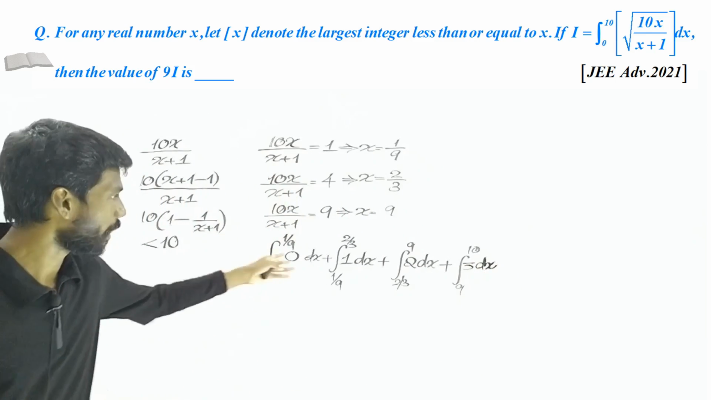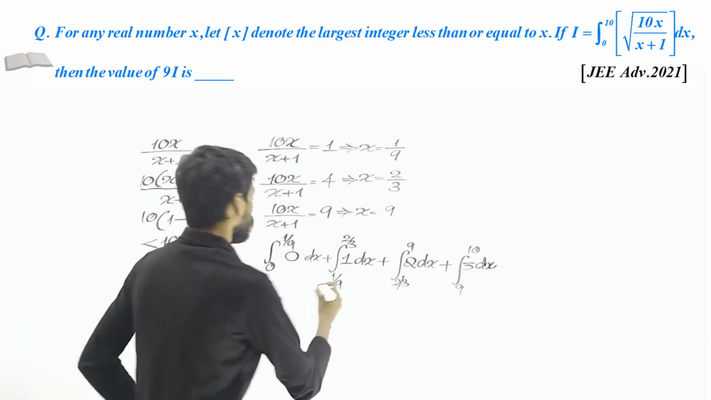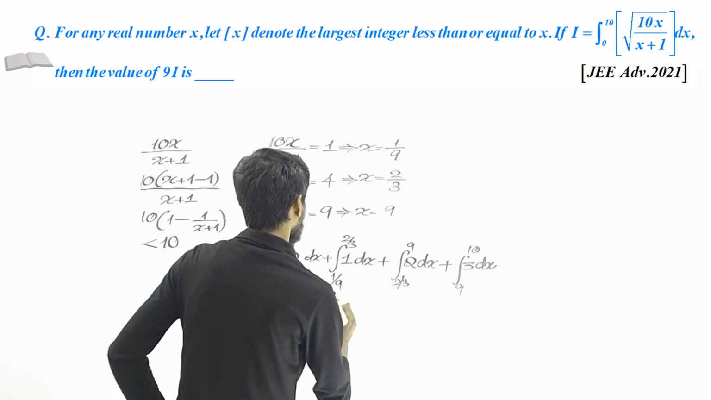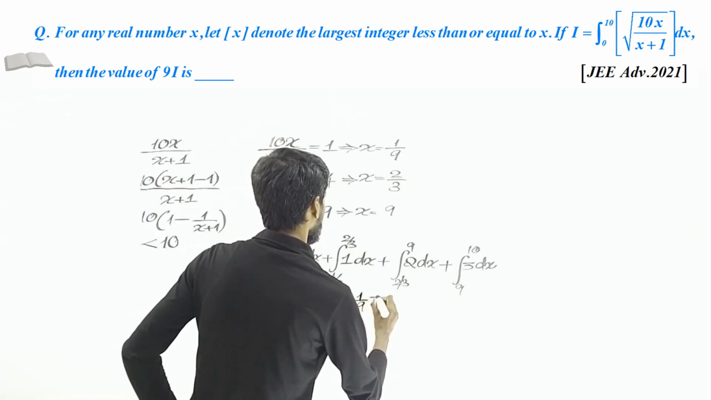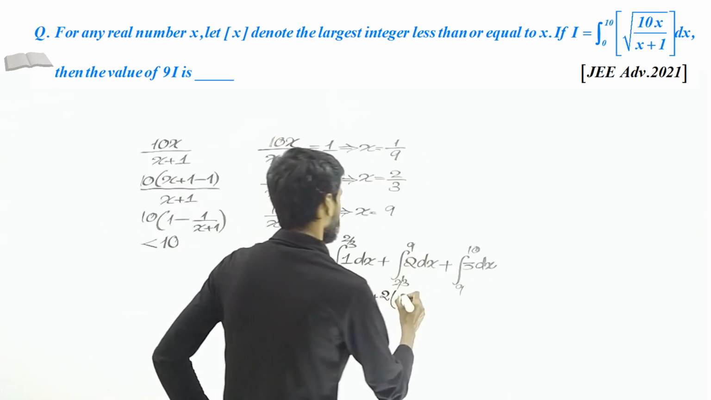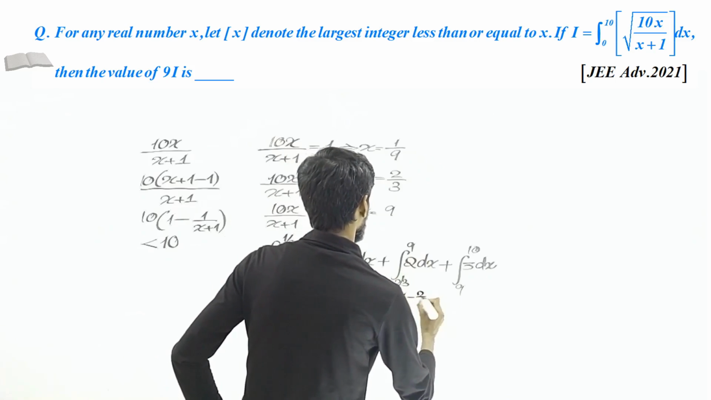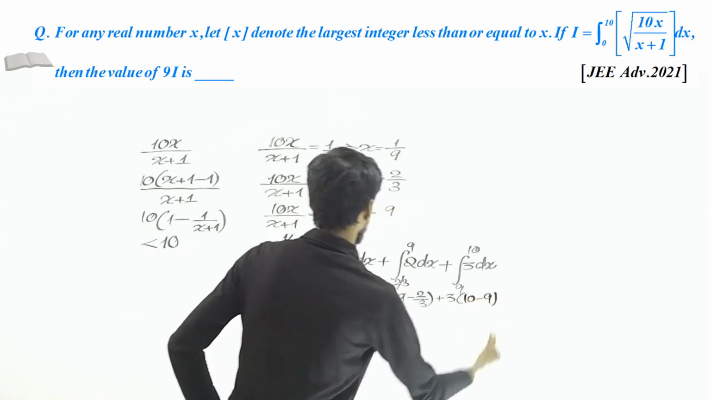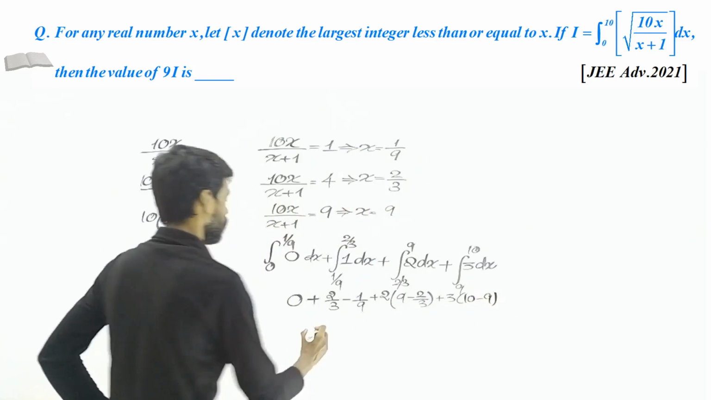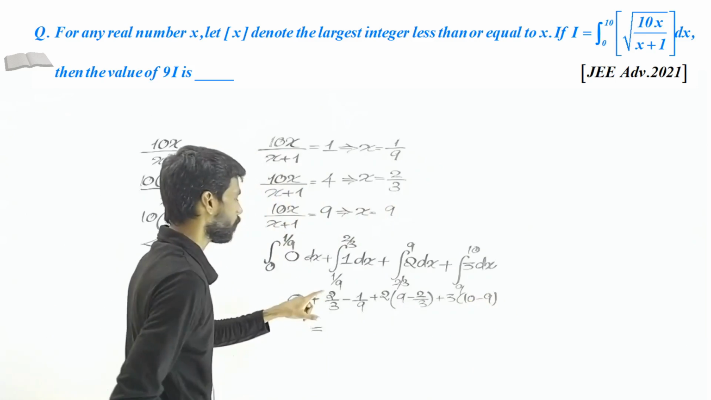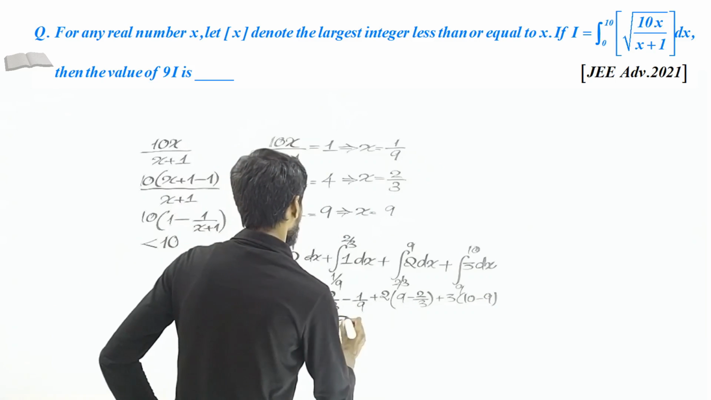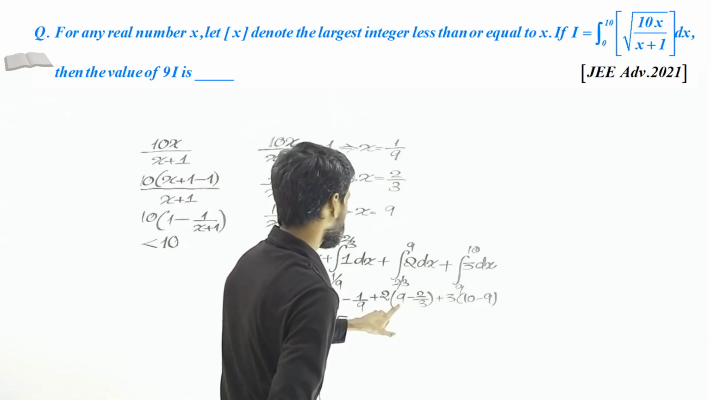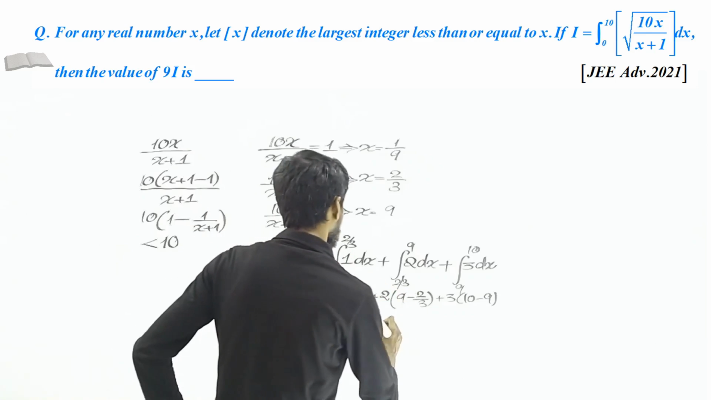Okay, so that's it. Let us do the integral. This part is 0, plus that is 1 times (2/3 minus 1/9), plus 2 multiplied by (9 minus 2/3), plus 3 multiplied by (10 minus 9). So let us simplify this. So 6 minus 1, that is 5/9, plus this is 27 minus 2, so 25, so 50/3,